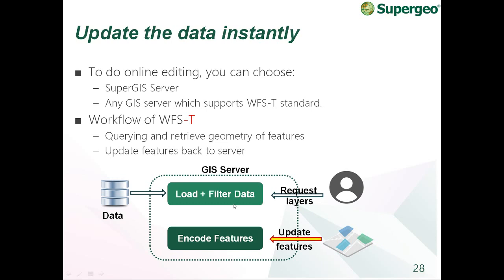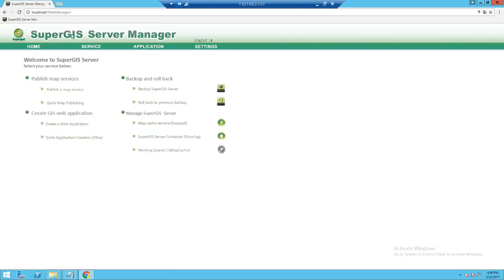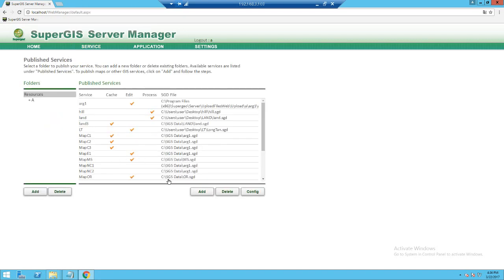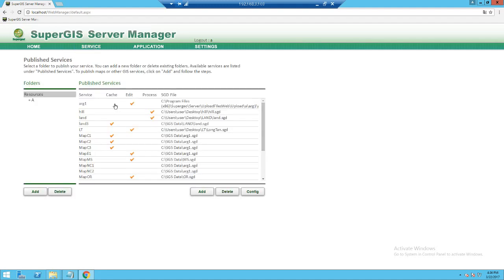And now I'm going to demonstrate how to publish a web feature service on SuperGIS server, and then how to get the web feature service on SuperPad. So let's move to the SuperGIS server. To publish a web feature service, first you have to log into the server manager and then add a new service in the SuperGIS server manager. And later I will use this sample data,